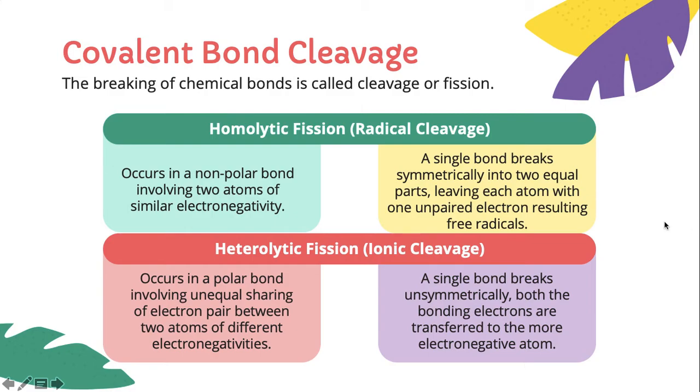Covalent bond cleavage. The breaking of chemical bonds is called cleavage or fission. There are two types of fission. Homolytic fission, also called radical cleavage, occurs in a non-polar bond involving two atoms of similar electronegativity. So it must be a non-polar bond. A single bond between those two non-polar bond atoms